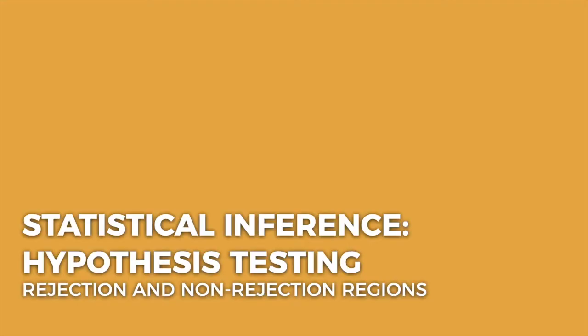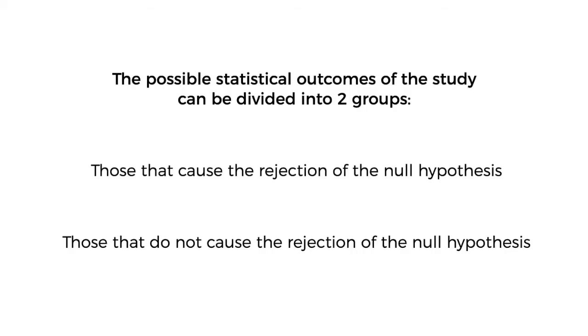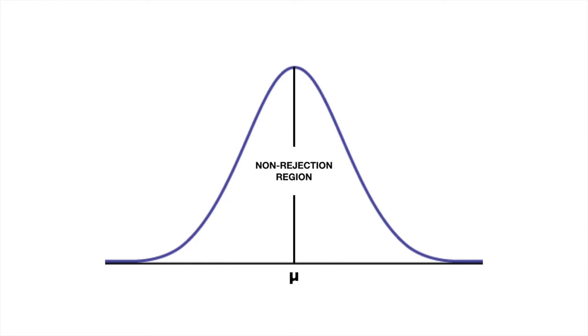Hi guys! Now let me tell you about the rejection and non-rejection regions in a normal distribution when doing a hypothesis testing. The possible statistical outcomes of the study can be divided into two groups. One, those that cause the rejection of the null hypothesis, and two, those that do not cause the rejection of the null hypothesis. Now, if you look here in the illustration, there are three things that you need to identify